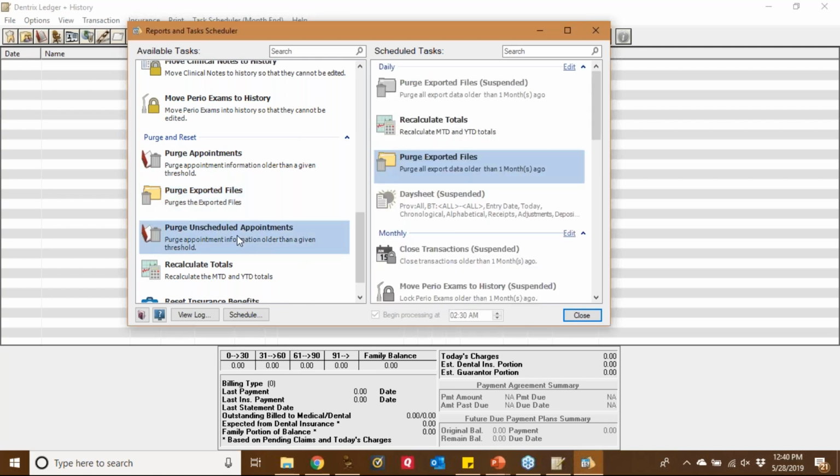And then your unscheduled appointments. So this is one of my biggest pet peeves. I go into offices all the time and they have years of appointments on their unscheduled list. Many of you that have worked with me know my rule of thumb here is that I only want to see maybe 8 to 12 weeks, like 3 months worth of appointments on the